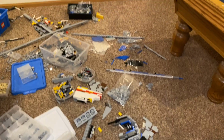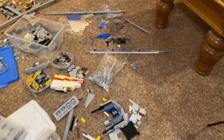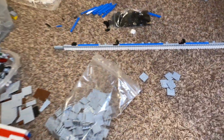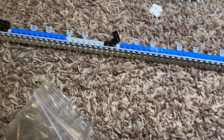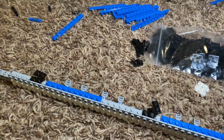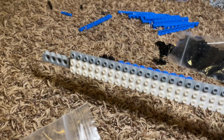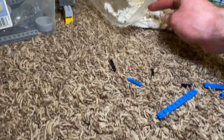Alright guys, so as you can see, my floor is pretty much a mess, but I did start building one of the sides here with the new pieces that I got from Bricklink. And see, this is sort of what I'm trying to go for here. So I'm using a bunch of these bracket pieces right here,